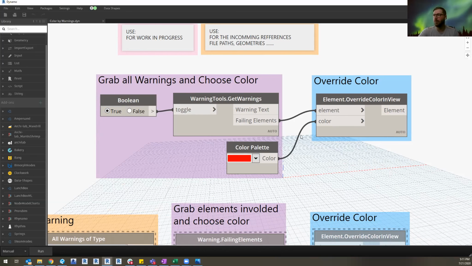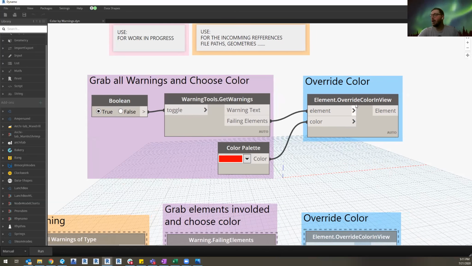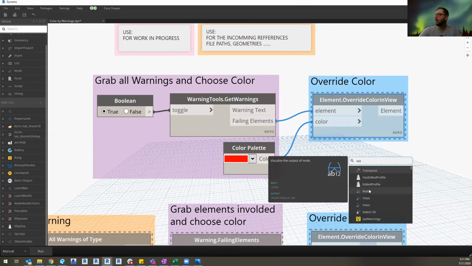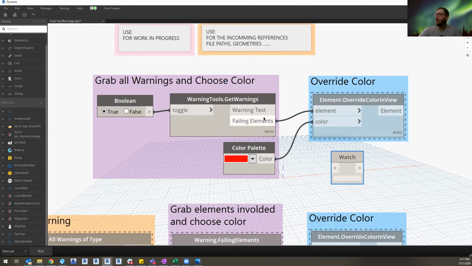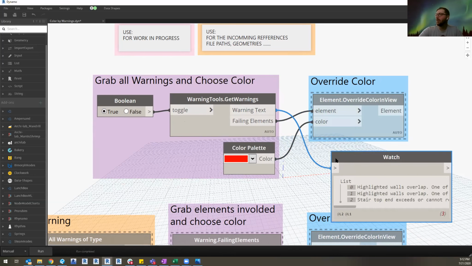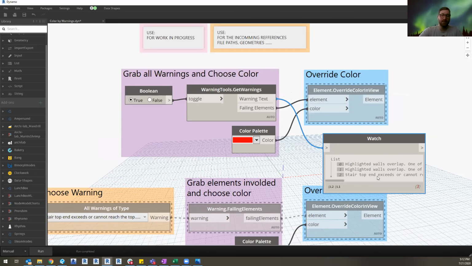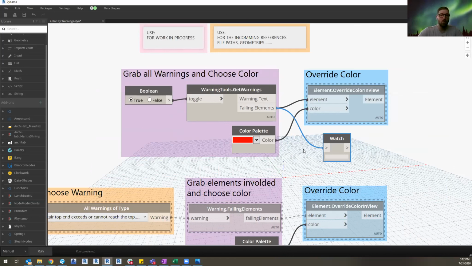So you turn it to true and you have to put that in your toggle. But essentially all this does here, if I freeze this, use my watch node, this will grab all of your warnings, and then you can choose to have it give you a list of the elements involved in that warning or the text of that warning. So if I do the text and hit run, you'll see it just kicks out I have 3 warnings in the sample file, and then here are the text involved in each one of those warnings. So you can read it that way, or you can do the failing elements, which basically just means what